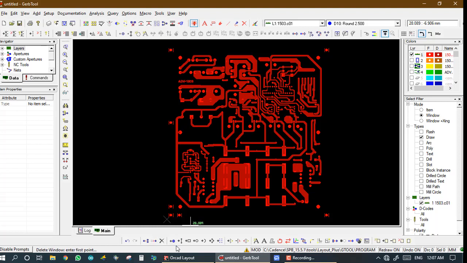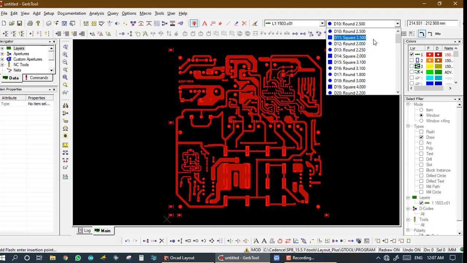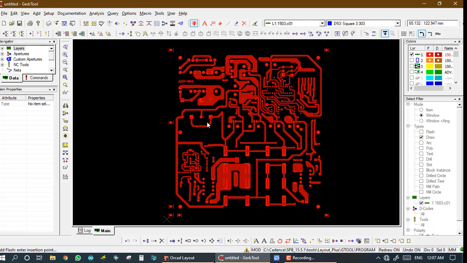Now we see the second option: add flash, add draw, add rectangle, add circle, and also add arc. If I want to add a flash, I click on add flash, and for the flash, first we decide a decode. So I click on it for decode. It is my Gerber decode, so I select this. If I select 3.3, then I make a flash with it. It is square 3.303, and